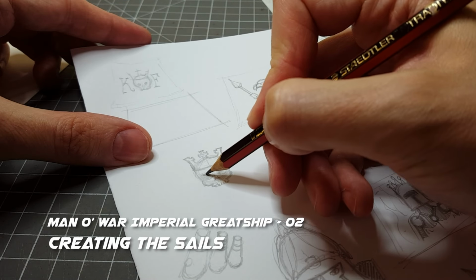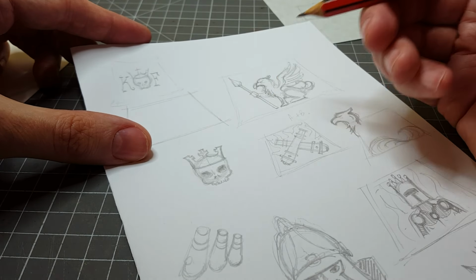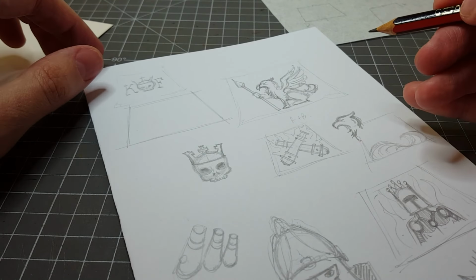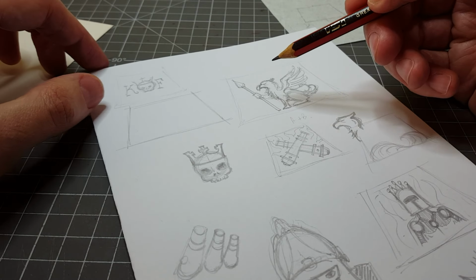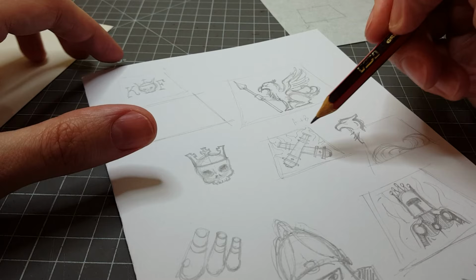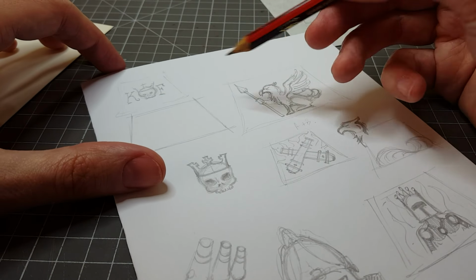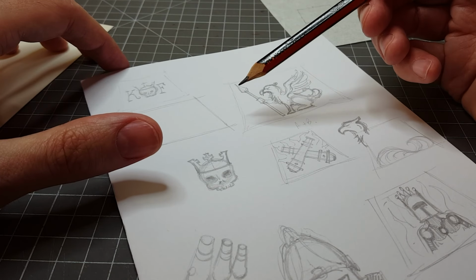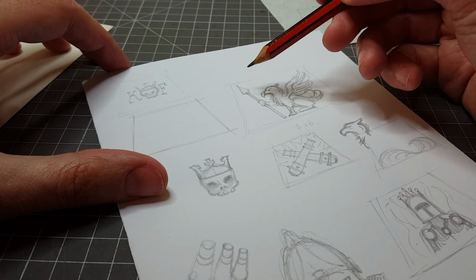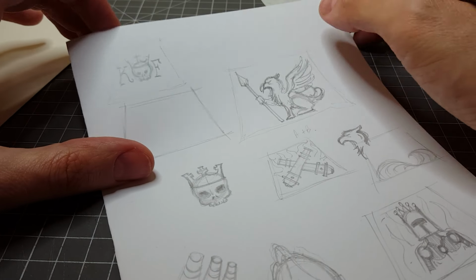Following on from the last video where I was painting up the Imperial Greatship, I'm now just trying to sketch out some ideas for the sails that I can paint up. They're much smaller than you imagine. You start drawing something and everything ends up being too big, but I wanted to do 4 different sails on the ship. And the big sail, the main one, I'm going to go for something like this